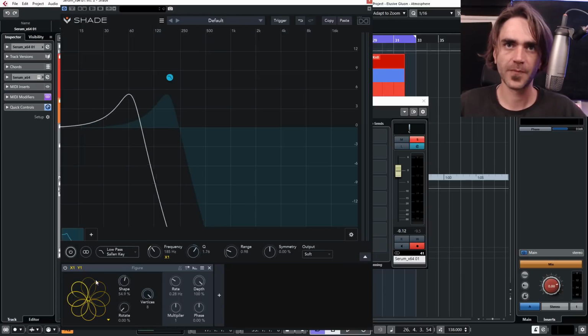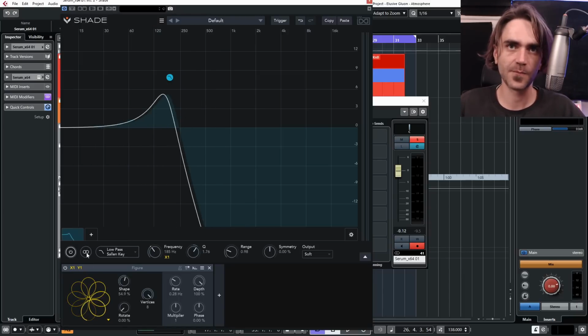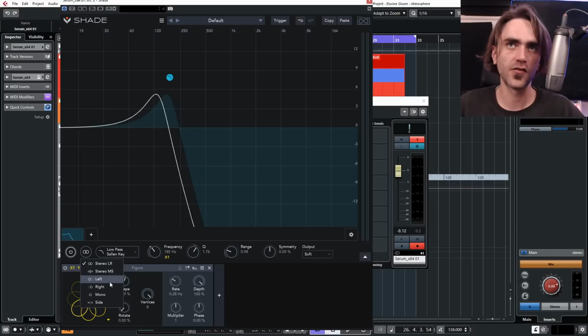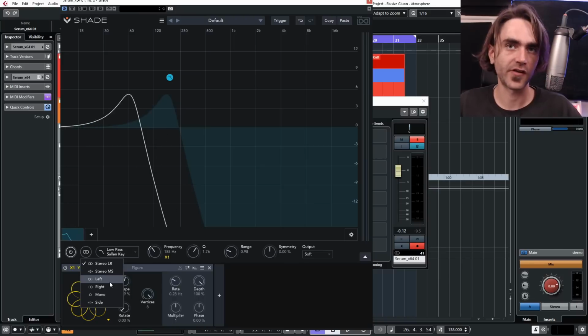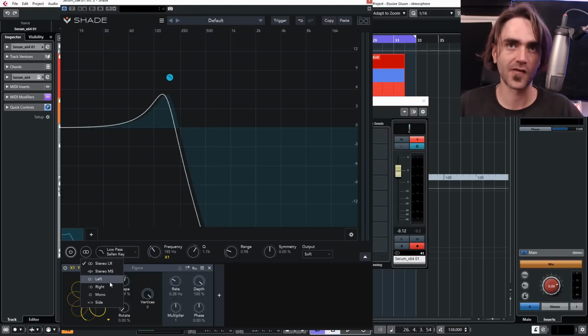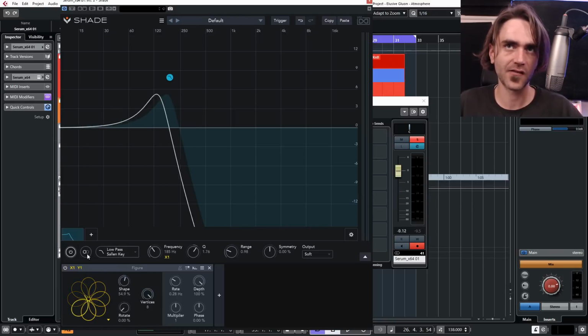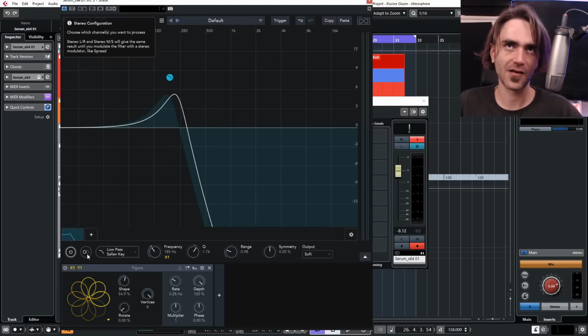So what I want to do is, each of these filters has varying stereo settings. You can choose to apply the filter onto the entire stereo band, or you can have just the left, just the right, just the mid, just the side, etc. So what I want to do here is let's make this filter that we just created apply only to the